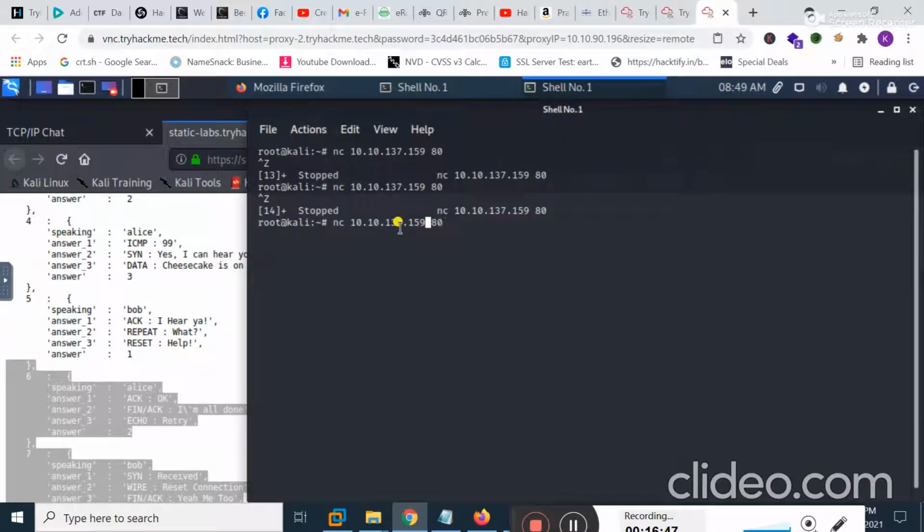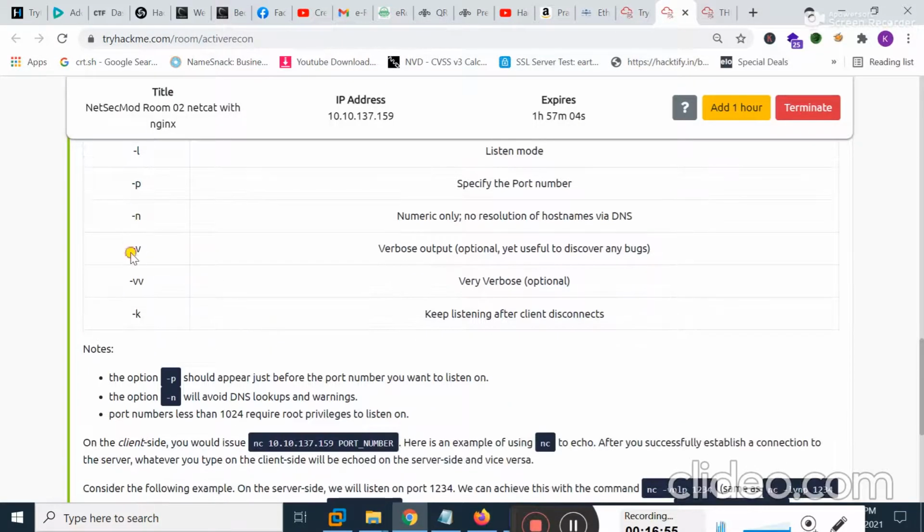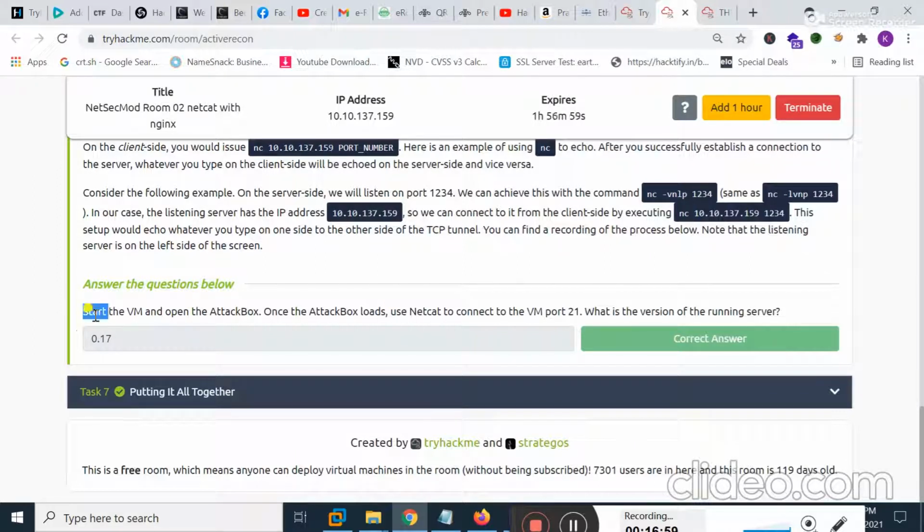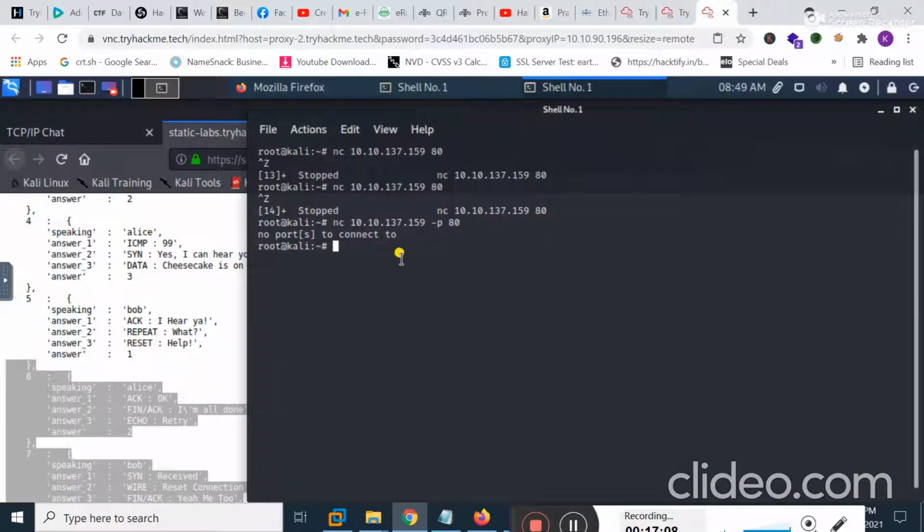If I type here -p, you can also use -v to increase the verbosity level. So the question is: start the VM, open the attack box and try to connect to the victim on port 21.